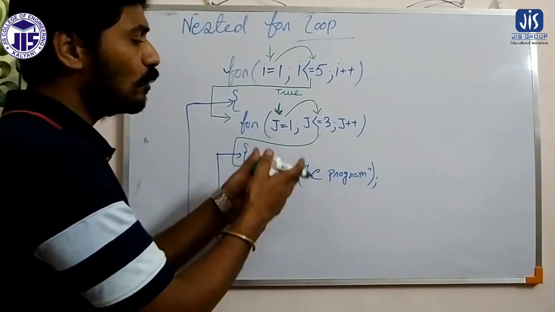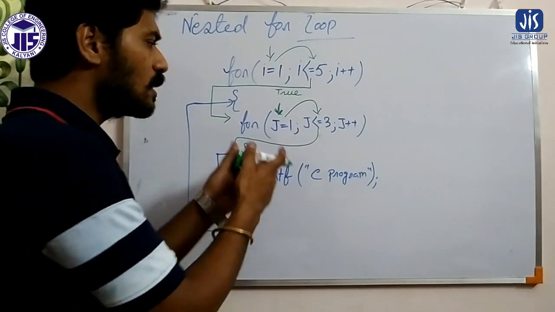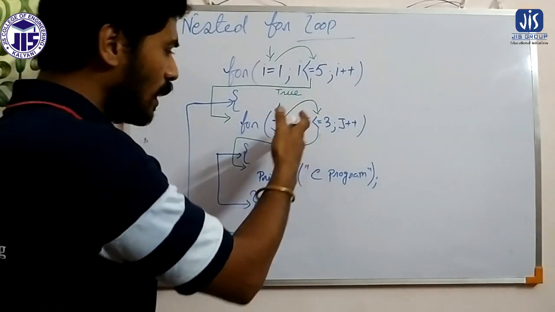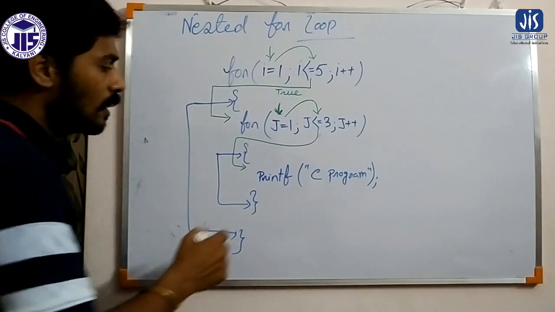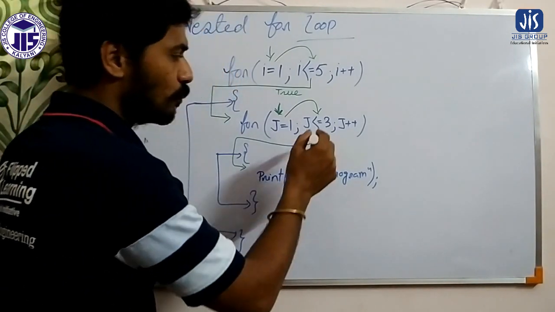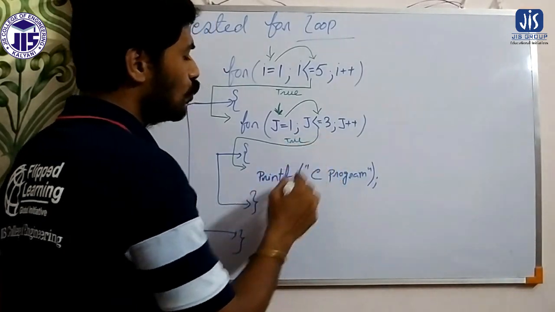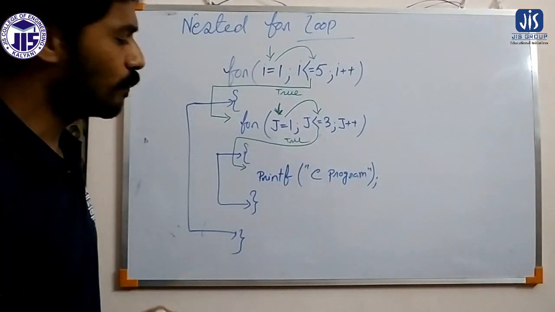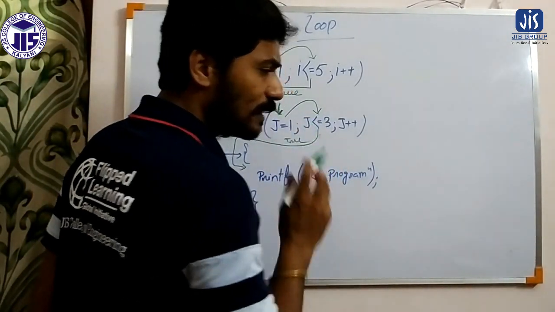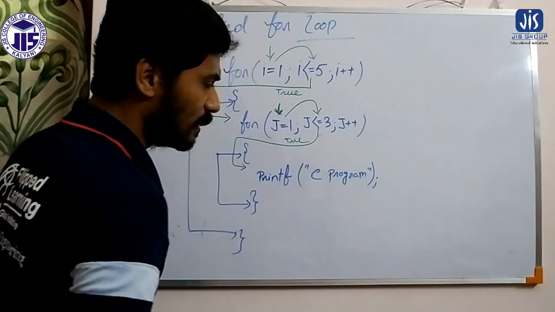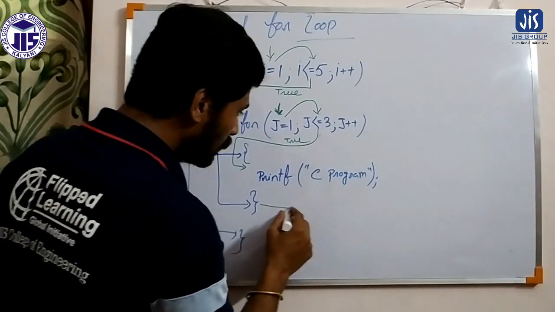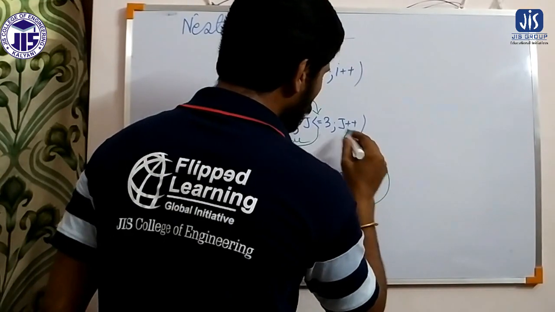And after entering into the inner for loop, similar process: initialization, then it will check the condition. So this printf statement will get executed because this condition is true. So it will enter into the for loop, and this C program will get printed. This printf statement will be printed. After that, what will happen? It will come to the